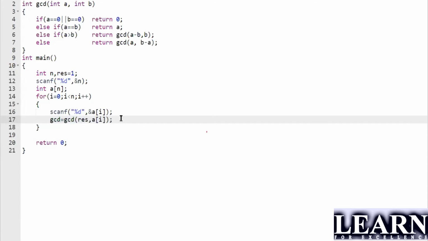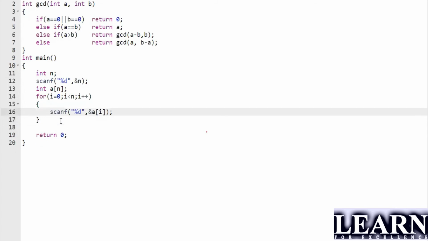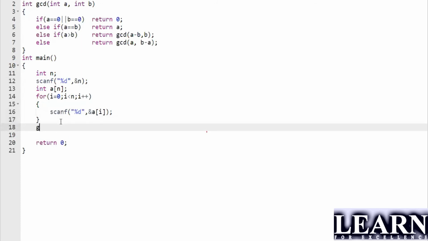If you take 1, it is not going to work out, right? Yes, it is not going to work out. If you take 1 here, 1 will not be working out. So what I have to do is take the first element. Yes, I'll be taking the first element as GCD of 0. That is nothing but I'll take result equals to, so I cannot take it inside here. So I have to move out and take result equals to